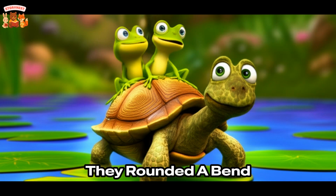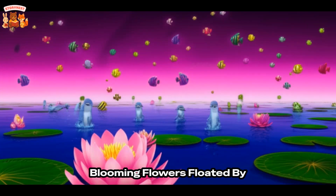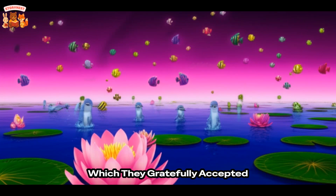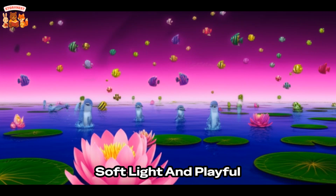As they rounded a bend where the river flowed a vibrant green, a wise old turtle with a shell covered in blooming flowers floated by, offering them a ride on his mossy back, which they gratefully accepted, enjoying the gentle sway. Suddenly, the river opened into a wide, sparkling lake where giant, luminous lily pads glowed with soft light, and